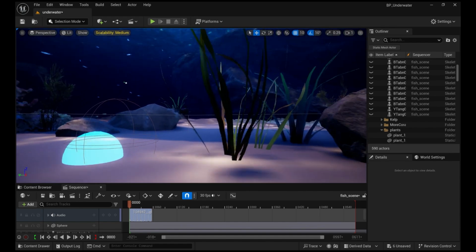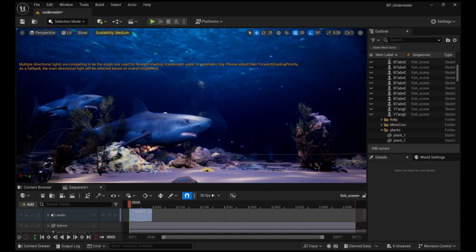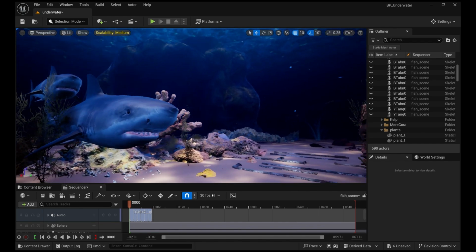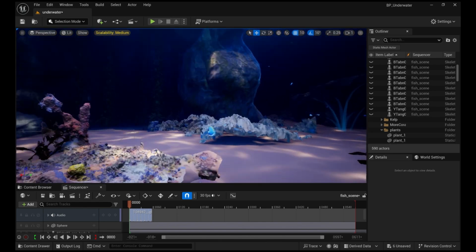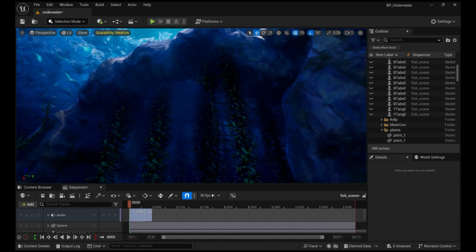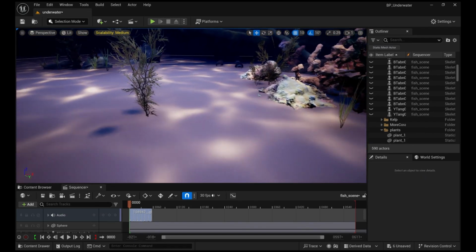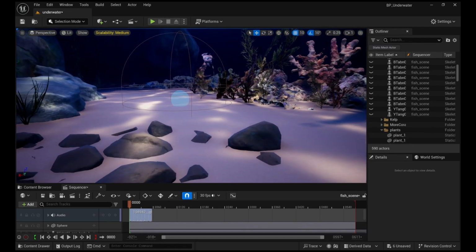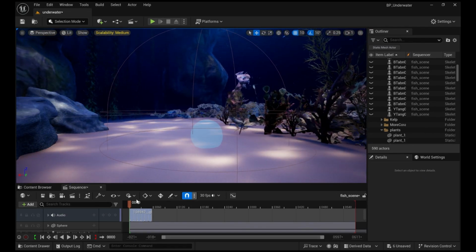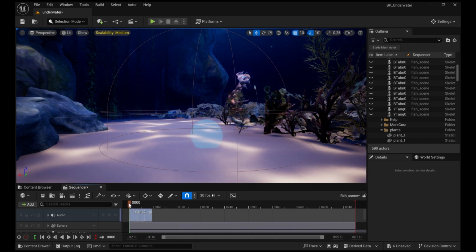One of the trigger boxes activates a school of animated fish brought to life using a level sequence that reacts to the player's movement. So when the player enters the trigger box, the trigger detects the player's entrance and